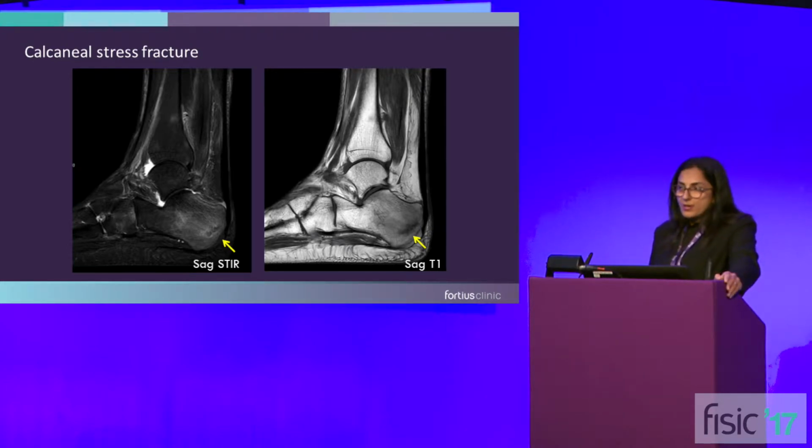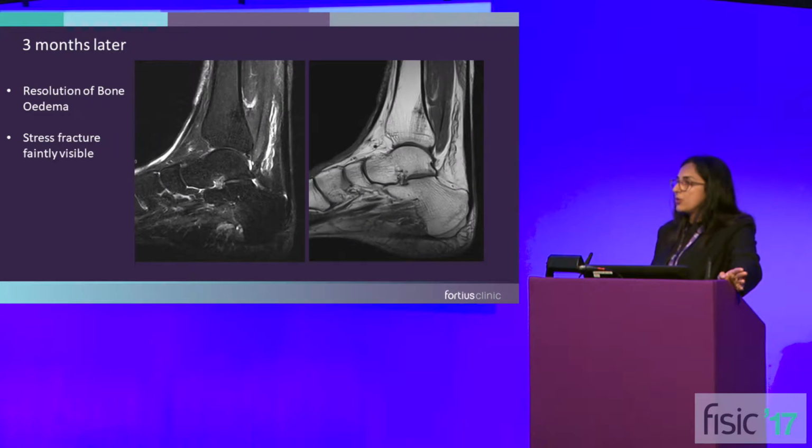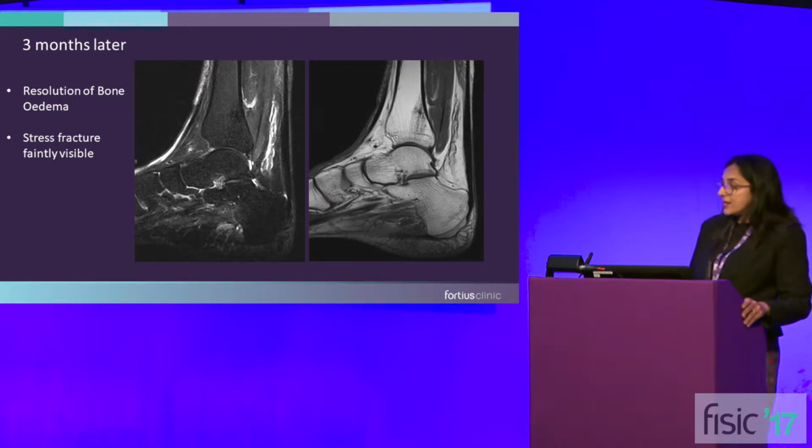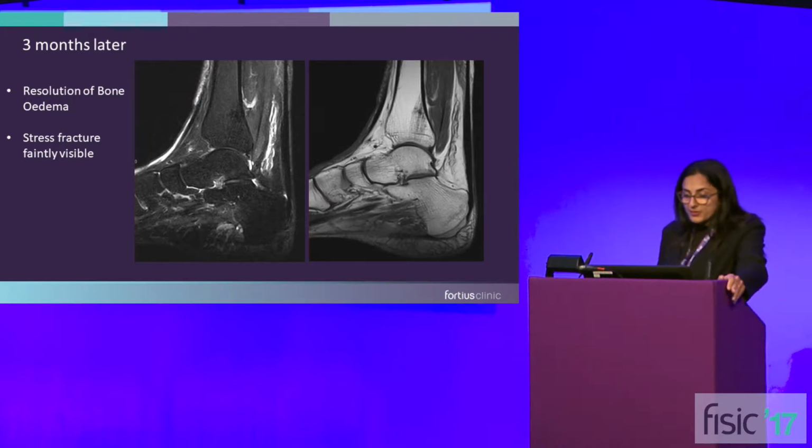How would you follow these up to assess that they are healing? Obviously, clinically is important again, but we would probably continue with an MR on this occasion, not radiographs, because it was difficult to see in the first place, often difficult to see further down the line. And what you'd be expecting to see is resolution of that bone marrow edema, but you may still see this sort of microtrabecular linear low signal line still persisting for quite a while after, actually.